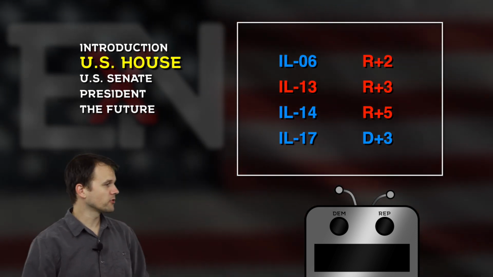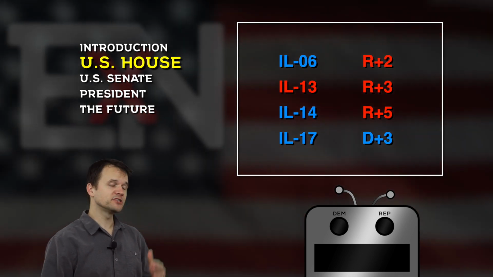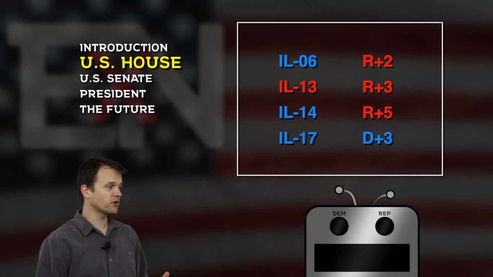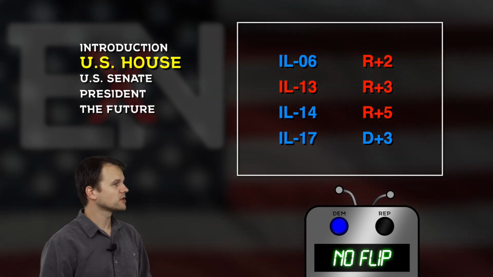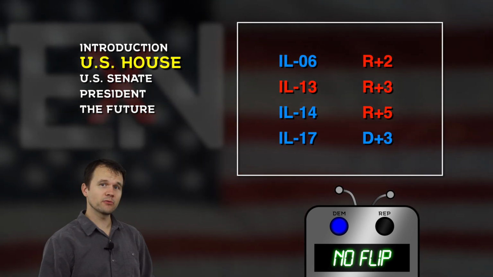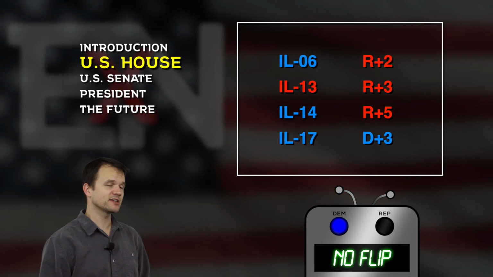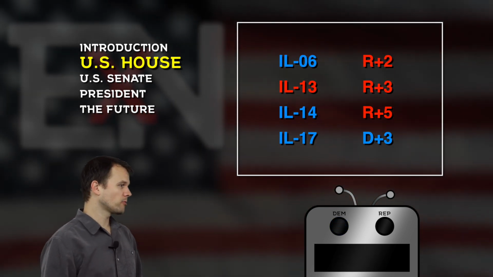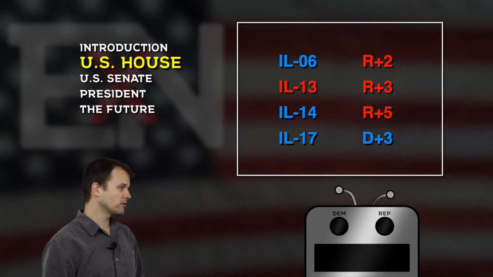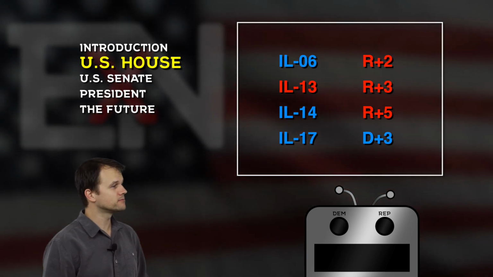So Illinois 6 is currently controlled by a Democrat and has a partisan lean of +2 into the Republican column, and just flipped to the Democratic Party in 2018, remember. So Paulbot, how's that going to go? Okay, and we have a freshman Democratic representative maintaining their seat in Illinois 6 in a suburb of Chicago. Next, we have Illinois 13th, which is in a more rural part of the state, currently represented by a Republican with a partisan lean of +3 into the Republican column. And Paulbot, how does that go?